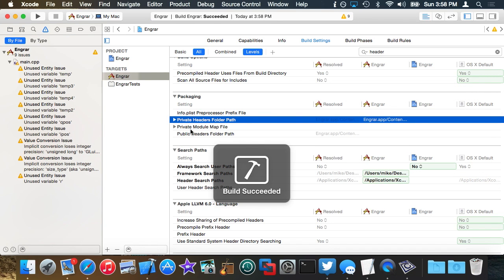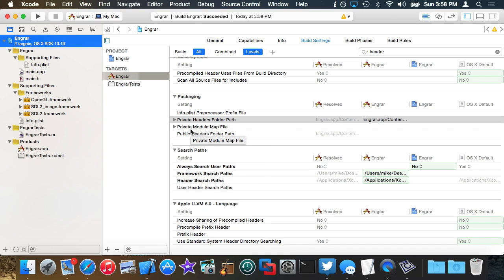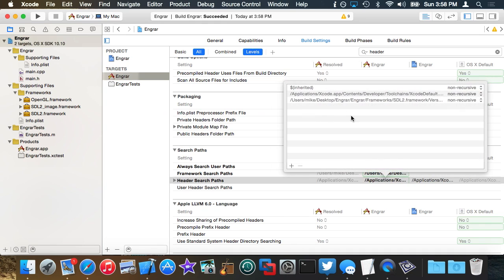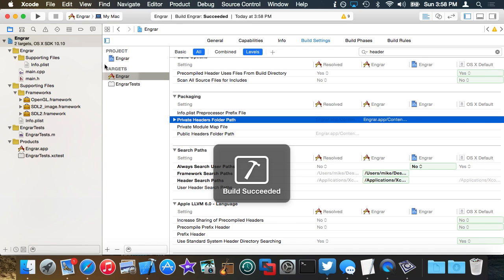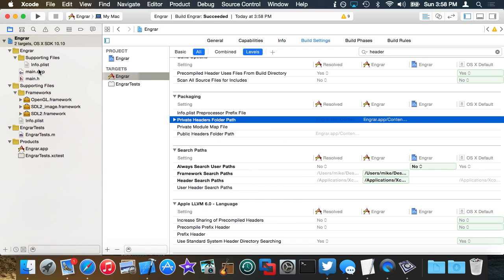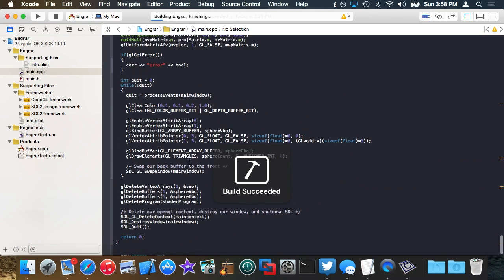So now we should get as far as build succeeded. That's odd. Usually there's a linker error, but I guess I got everything set up right. While I'm at it, I'd like to add the header search paths for the SDL image framework as well. I know I plan on using SDL image at least once throughout this video. So now, if I hit run,